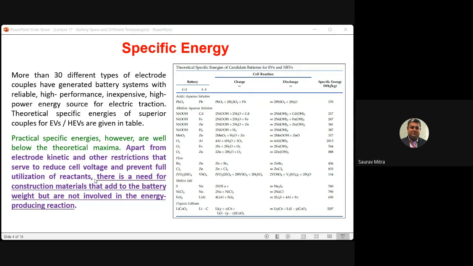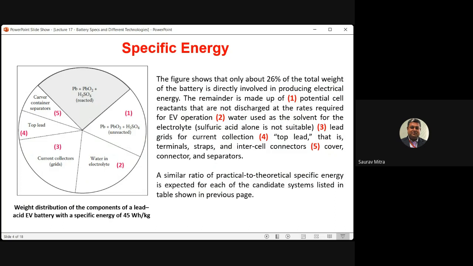So you cannot remove the electrode, the reactants, or the electrolyte, because they have to be there; they are the main energy generating elements. But other things, that is casing, contacts and all those things, should be lightweight. One very important thing, for those who are thinking of future study, always think of material science, because material science is a very important field of research. And as there will be a semiconductor boom, material science will be a very sought after field. Now this slide I will ask you in the exam. There is a possibility that this specific energy slide question will be asked in the exam.